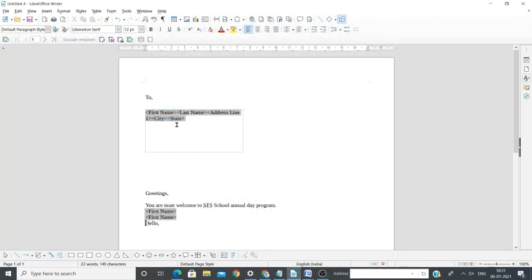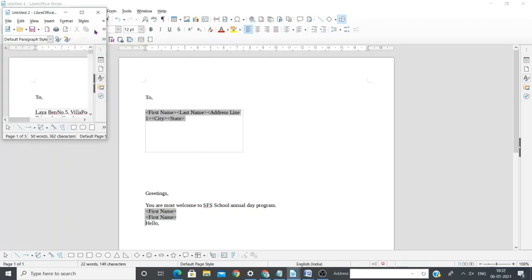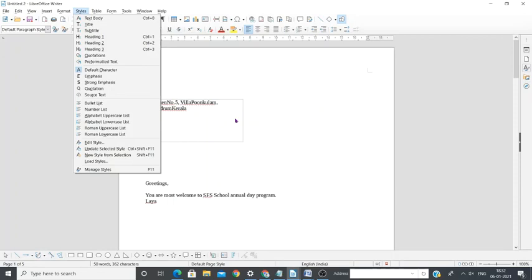All right, so you can see first name, last name, address line, city, state. And here first name is added by mistake, I think. After completing the 5 steps, you can see the Writer window with the mail merge toolbar. This is the mail merge toolbar. This is the mail merge wizard, and this is edit individual document, save merged document, print, then send email message, data sources, then address book source. So first you have to click on edit individual document.